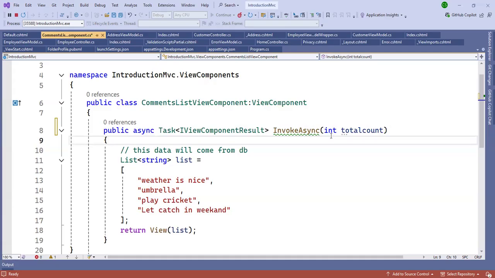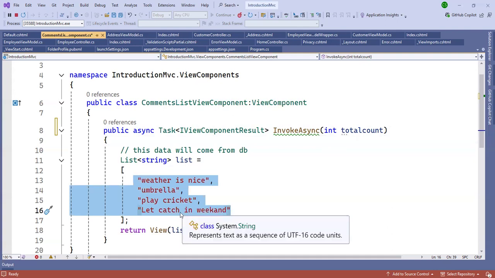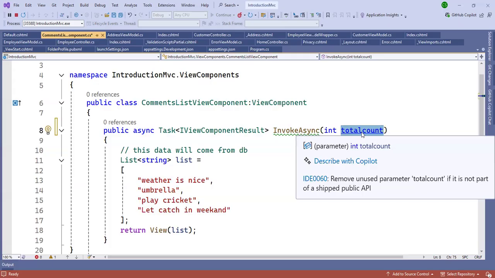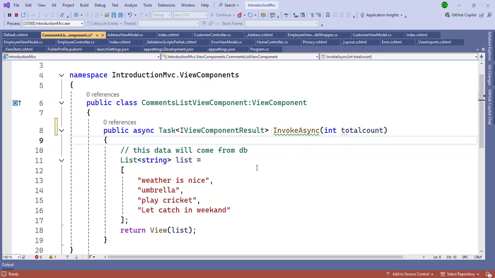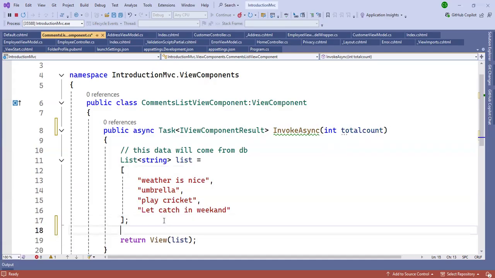So we have four data. On one page we will show three data, on one page we will show two data, and on one page we will show one data. According to that, we can send the parameter. After that, here we have the list. Here we have a filter: filtered comments is equal to list dot